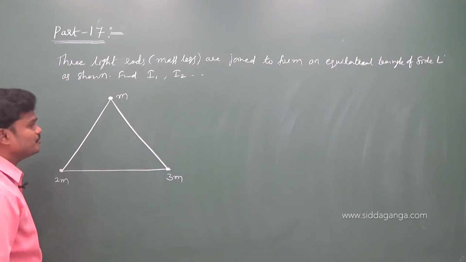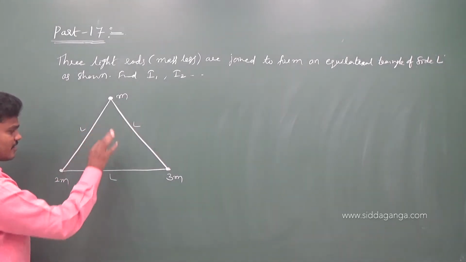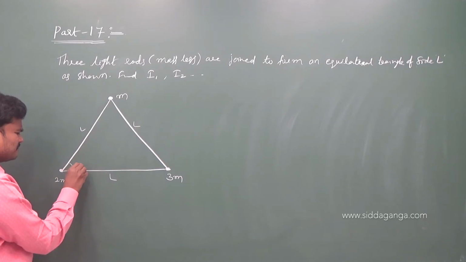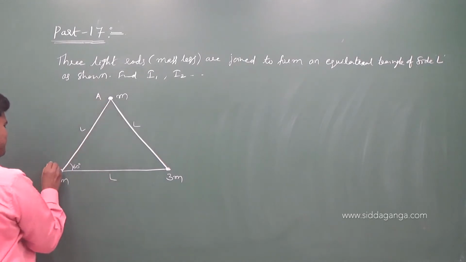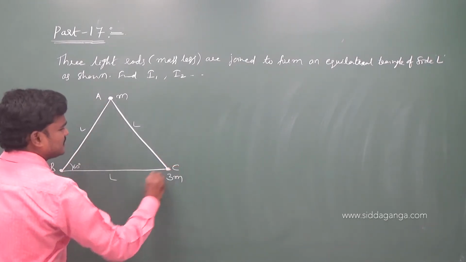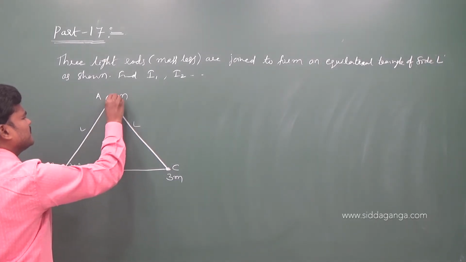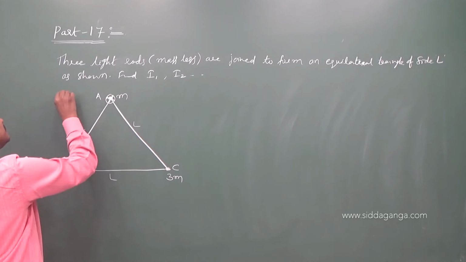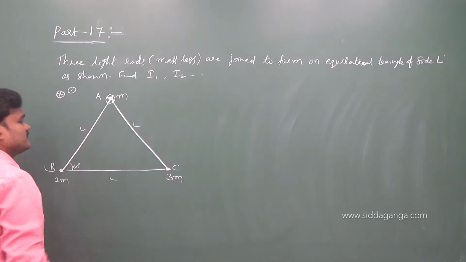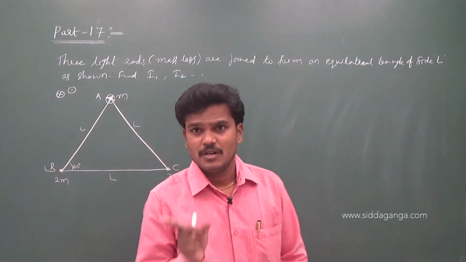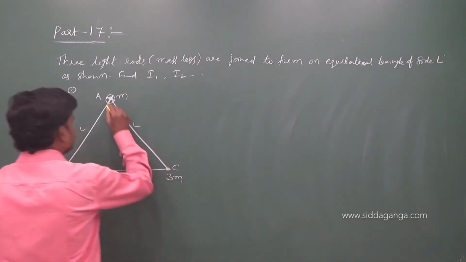Let us see how many I am going to find. This is L. An equilateral triangle means how much is this angle? 60 degrees. Let us suppose this is A, this is B, this is C. First I am finding about this A. See, I am using a cross mark symbol. Feel that cross is nothing but into the board. If I write a dot like this, that is out of the board. Cross means into the board. So first of all, let me find this one.